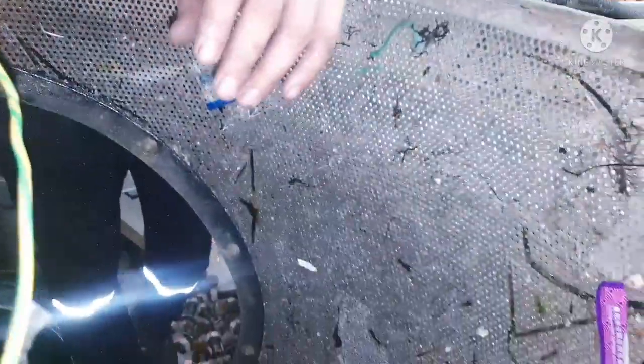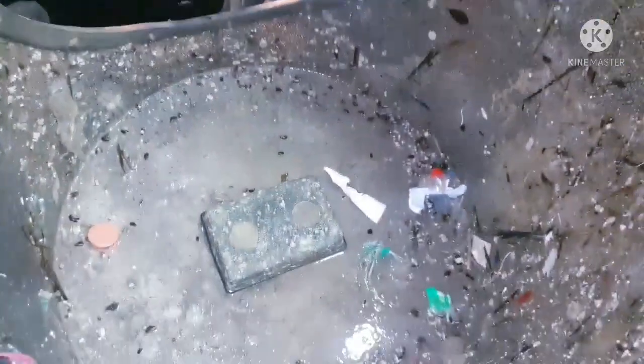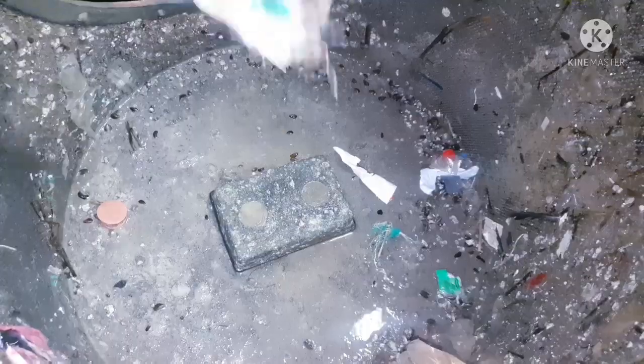We removed it. Yeah, we kept it over the tarpaulin sheet. You can see, yeah, the filter is extremely dirty. I never saw such a dirty filter, because we just completed our coating. So of course we need to do it. Now we'll be cleaning this. Okay,